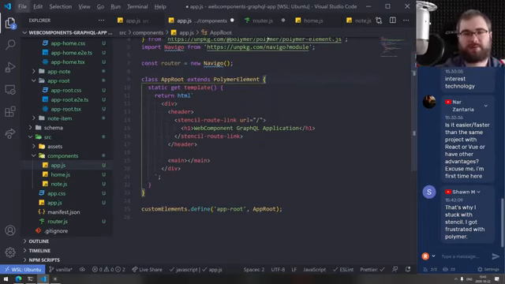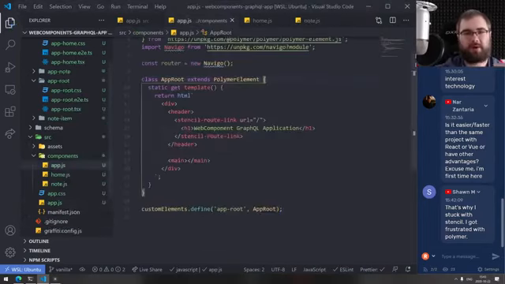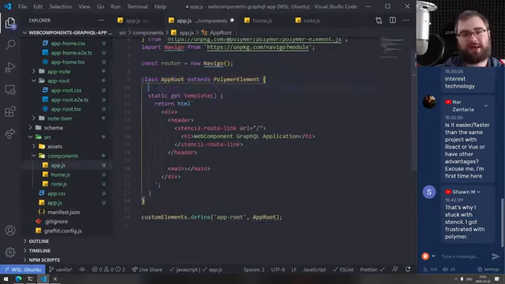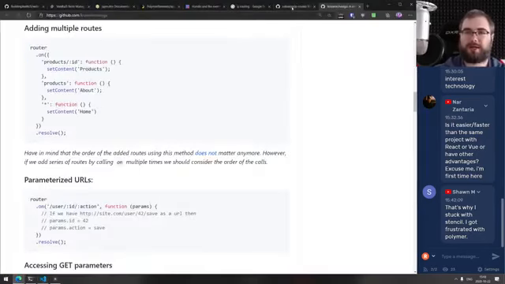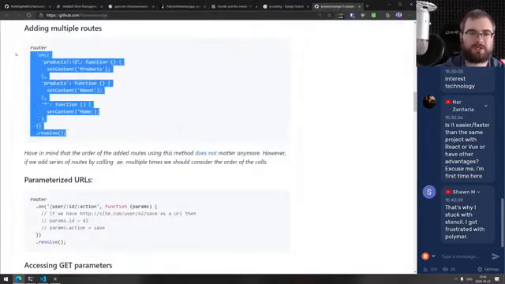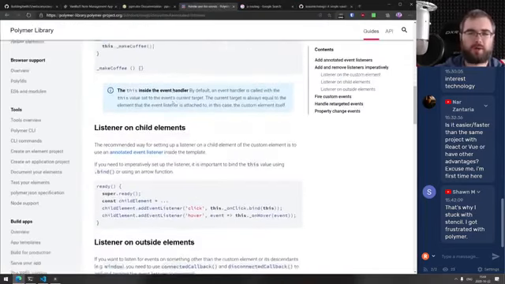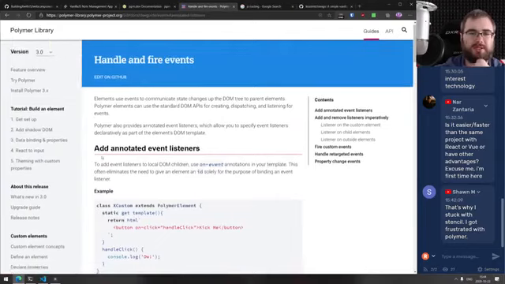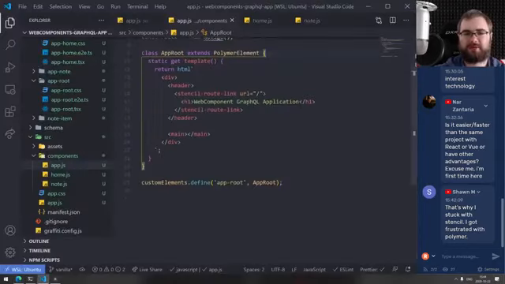In this case, we need some local state for the component, and basically our app root component is what will handle the routing, or I guess responds to routing is a better way of putting it. Okay, we don't need that anymore. We do need, yeah, I guess ready is fine. So basically whenever it is ready,